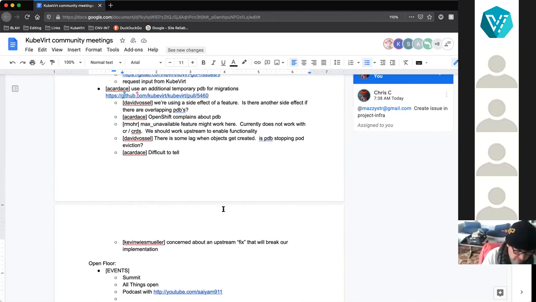And just for me to understand, what would be the difference to update the current disruption budget instead of creating a second one? Because you can't modify it, so you have to delete it and recreate it. But I think, not in my PR, but in a PR that was done in a previous solution,